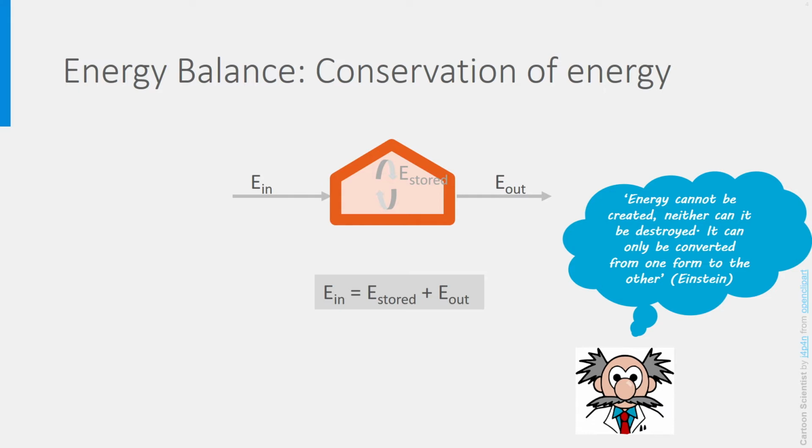For quick and simple estimations, we can make a simplification and consider that during the time period studied, the energy stored in the building construction is negligible. This stored energy is, for instance, solar radiation that accumulates slowly in the walls and is also slowly released to the indoor air. We will just assume that there is no heat storage by the construction and that all energy that flows in also flows out. So, in the end, energy coming in, E in, equals E out.